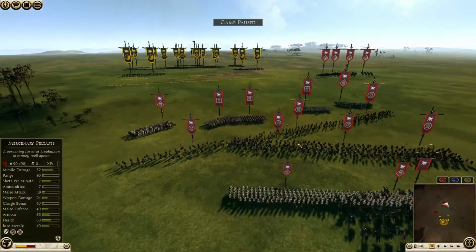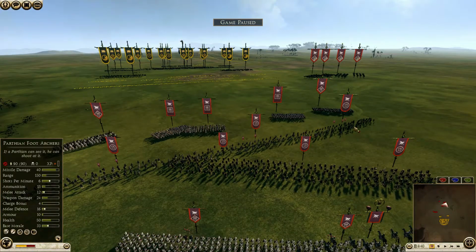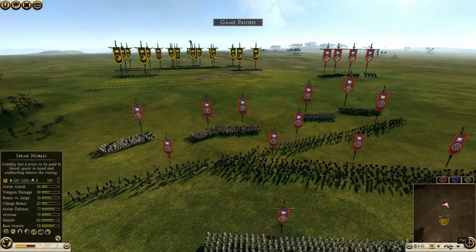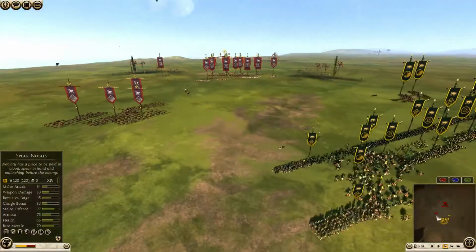And all of these hoplites, although the Persian hoplites are absolutely crap, they are cheap and they'll be able to hold for at least some time, while these Parthian foot archers that have upgrades and these mercenary peltasts are going to be able to do a lot of damage to the Arverni infantry. So already I'm not too confident that my build is going to be able to work well here,